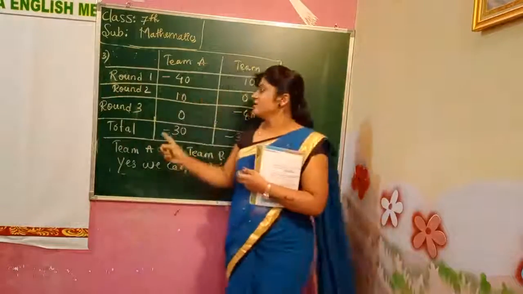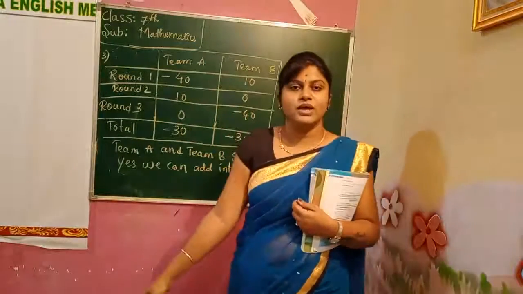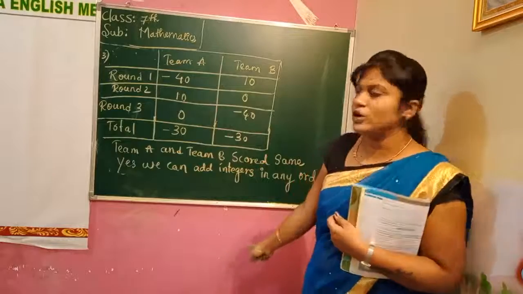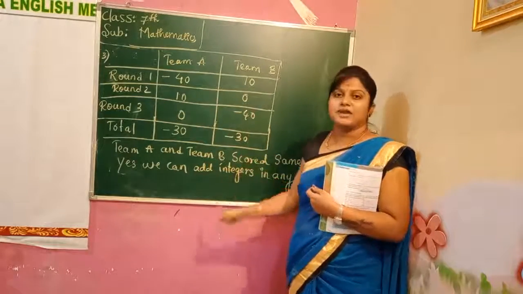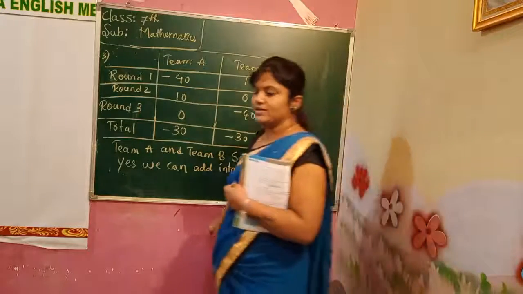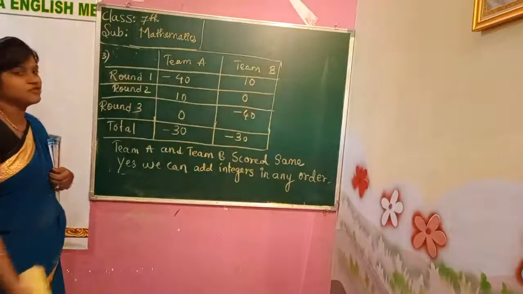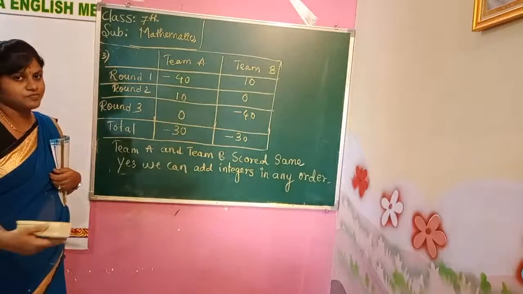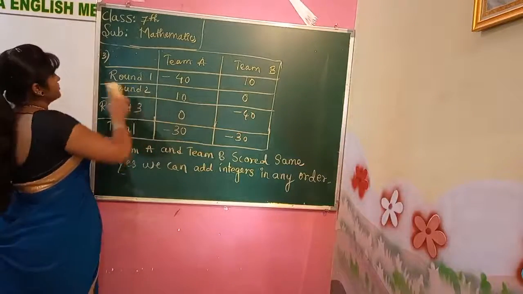So copy this, children. Like this only you also have to solve. I want like this only. Copy it correctly in your classwork and write this only. Then only you can identify. Okay, understood? Copy it. 2 minutes. Fast. Copy this. Okay, now we'll move on to the 4th one.